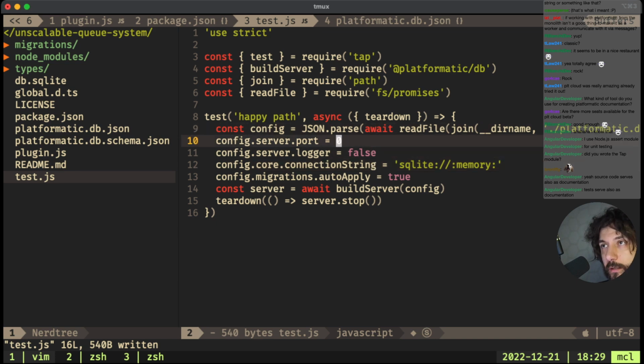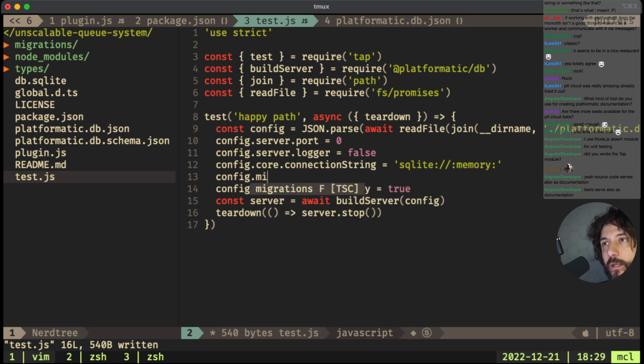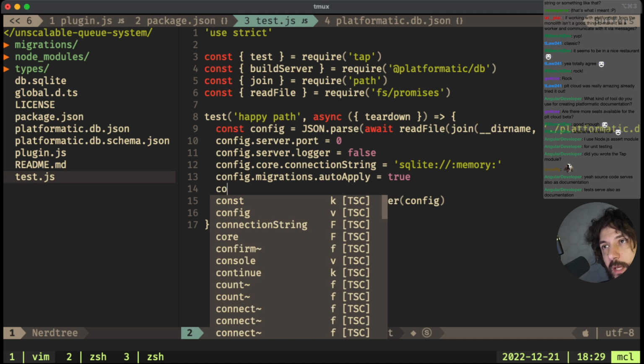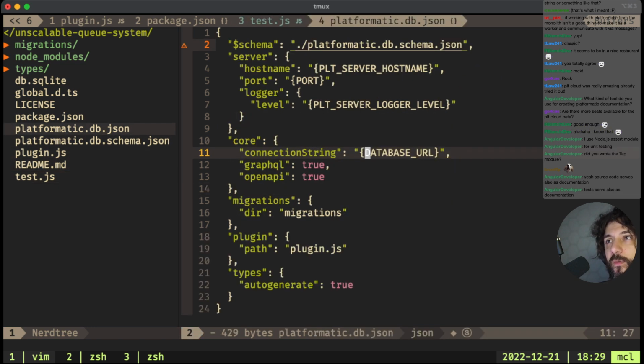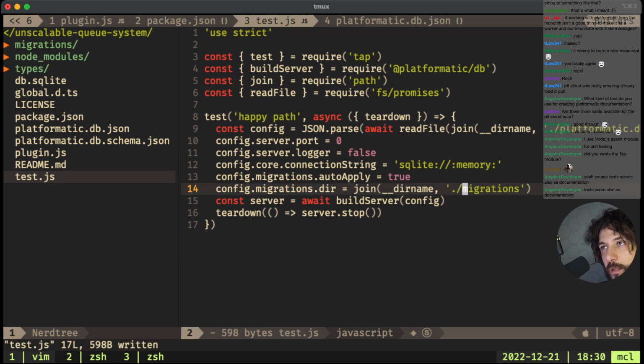I knew it. Okay, so config migrations. Yeah. Very interesting. Haha, okay. So I need to do some more tweaking here. Migrations, what's the name here of the folder? There, okay. I really need to create this utility. And yeah, this one.